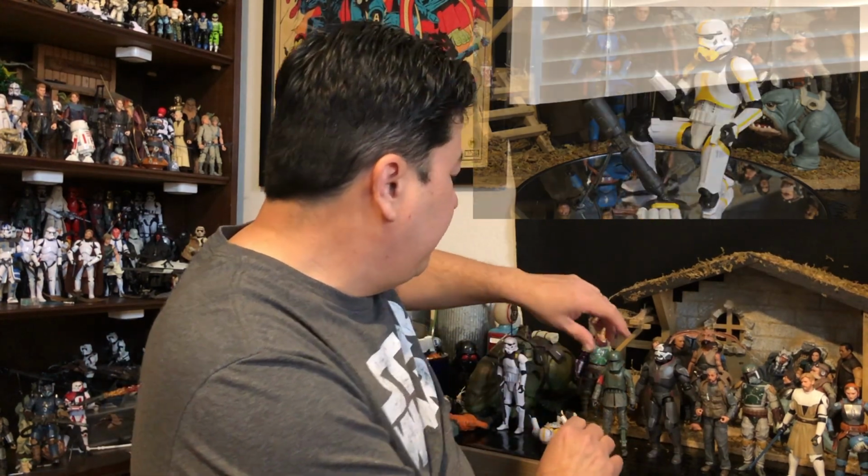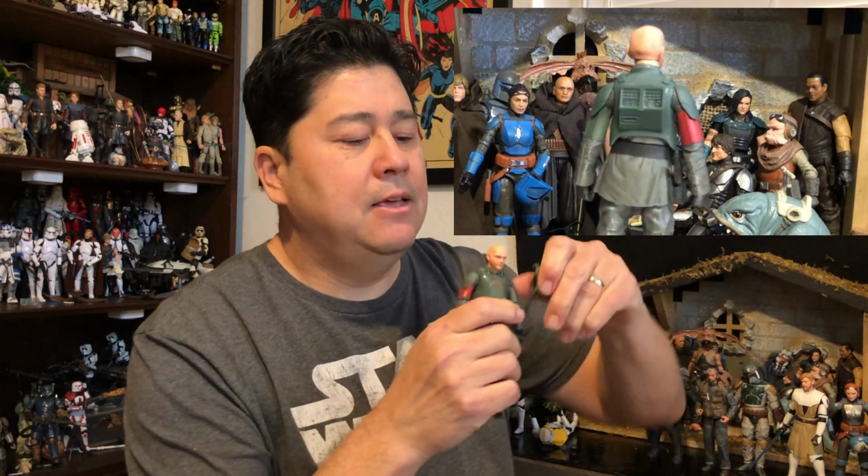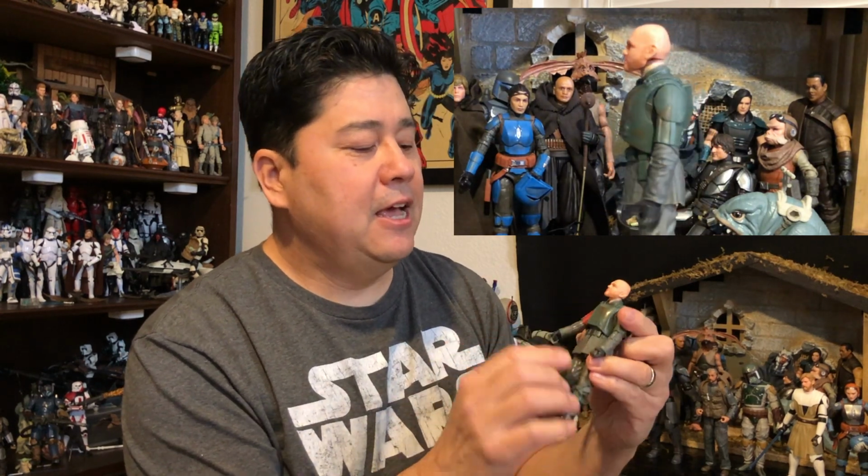Now, my number 7 figure is this Migs Mayfeld. He would have placed much higher on my top 10 if they would have had the jailbreak version of Migs Mayfeld. I think Hasbro kind of went quick and dirty on this, and I did get a comment in my review of this pointing out that in the show